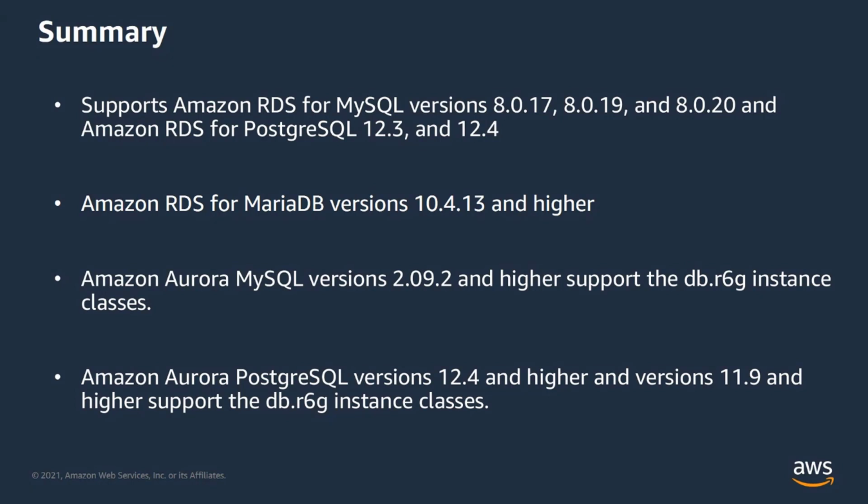As far as Aurora is concerned, Amazon Aurora MySQL version 2.0.09.2 and higher supports the db.r6g instance class. Amazon Aurora Postgres versions 12.4 and higher and 11.9 and higher are supported for the